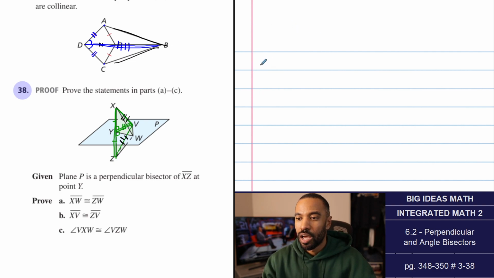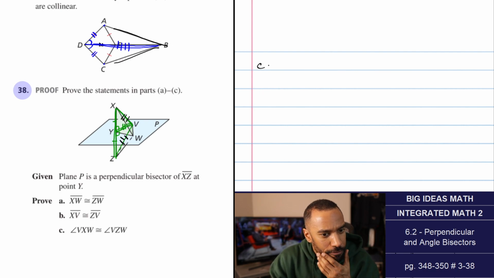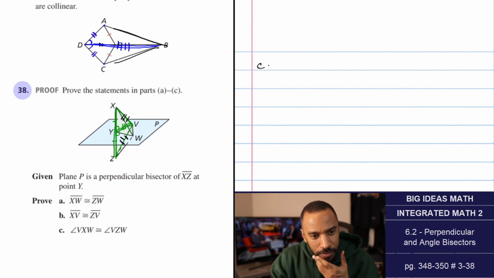I don't know. Last part is C. Let's see how much I can impart onto here. VXW, that's a whole new triangle. VXW is congruent